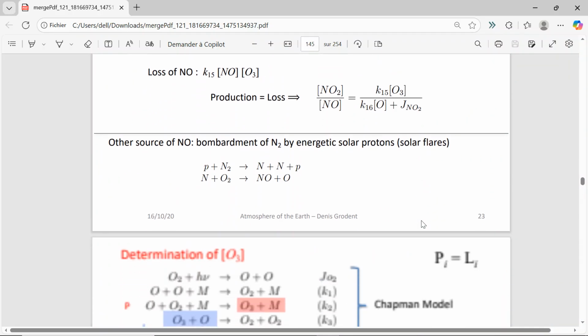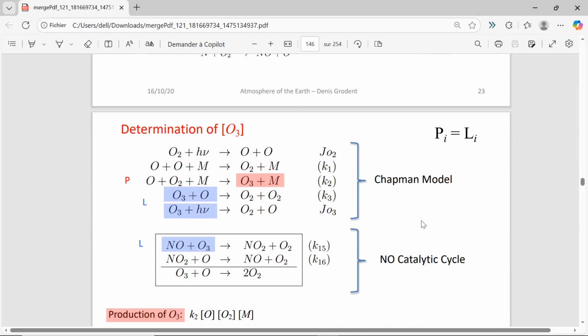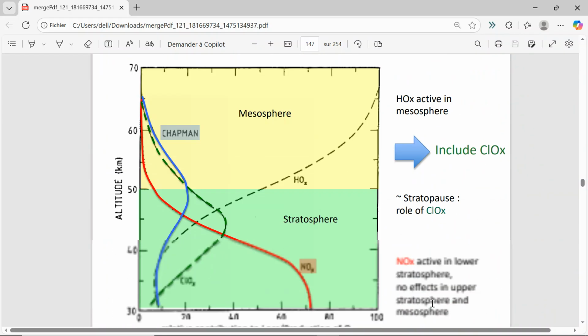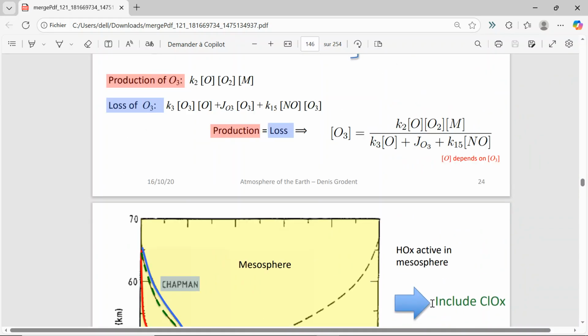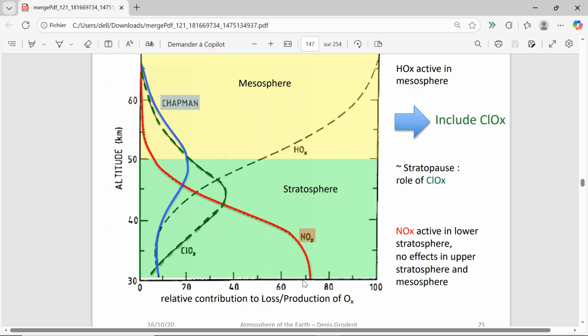Production is equal to the losses. Another source of NO is the bombardment of N2. Okay, no matter. So we have the Chapman model where we include the NO catalytic cycle right now. So it will increase the level of accuracy of our model. However, we see that the NO is dropping very rapidly when we increase in the very first part of the stratosphere. So NO can explain the destruction of ozone